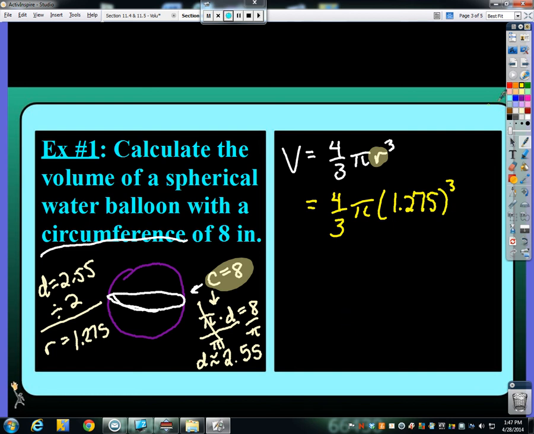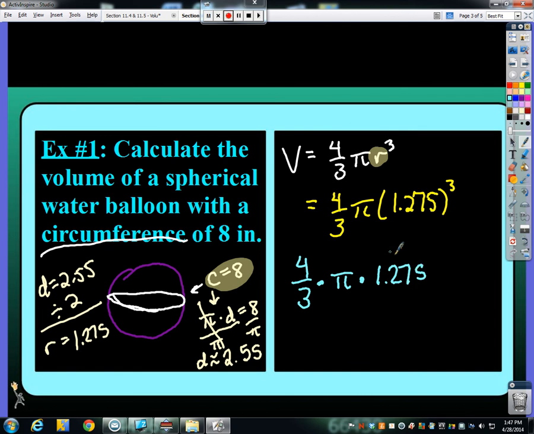Now, for some of you, this may be the first time you've ever experienced cubing something. How do you do that in your calculator? Since 1.275 to the third power, 1.275 times 1.275 times 1.275, is not going to be a pretty number, it's going to be a crazy decimal, let's just figure out what this is, not in terms of pi. So if I were typing this in my calculator, I'd go 4 divided by 3 times pi times, as I'm typing this out, and then I go times